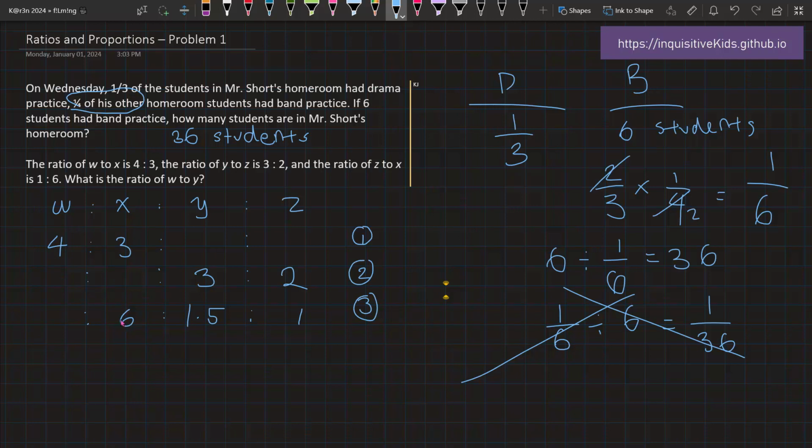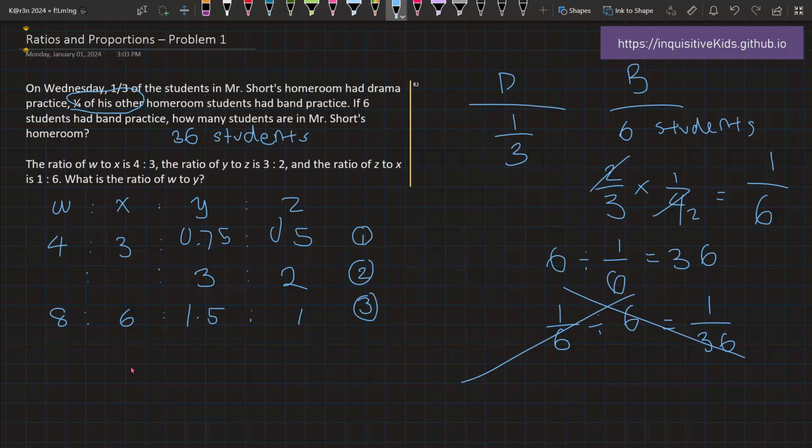So using the same rule, we do 4 times 2, which is 8. And we divide 1.5 by 2 to go back to the first ratio, which gives us 0.75, and here we have 0.5. And now we already have two fully filled out ratios, so we can find the ratio of W